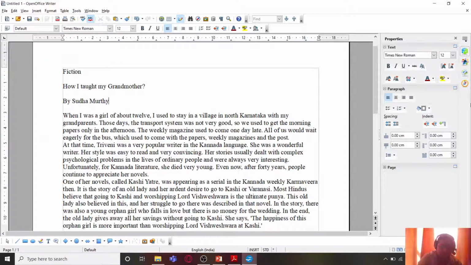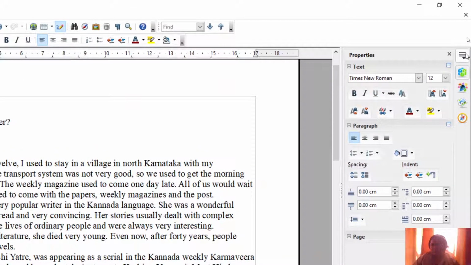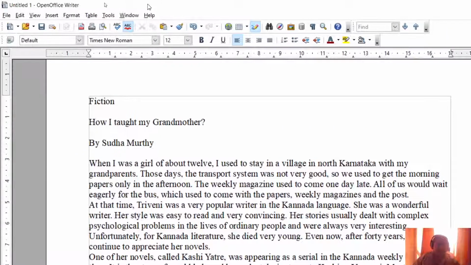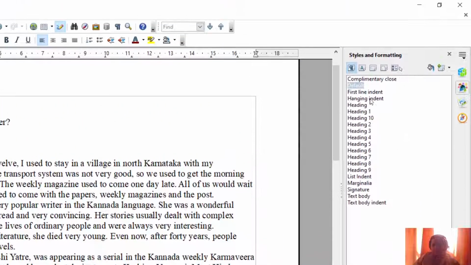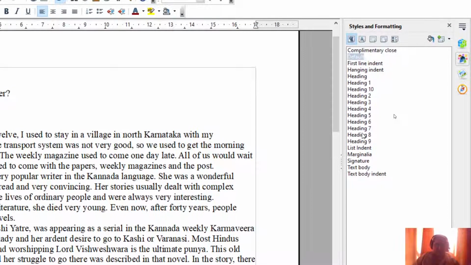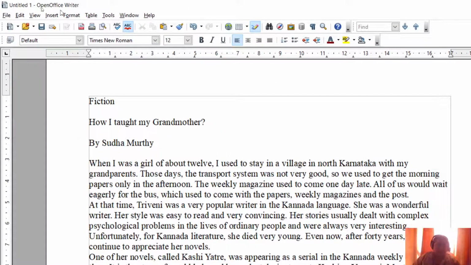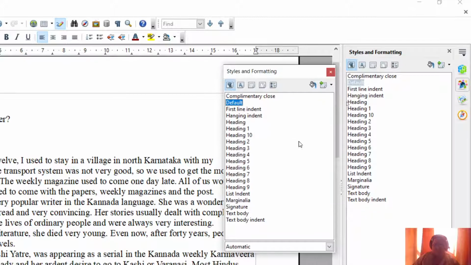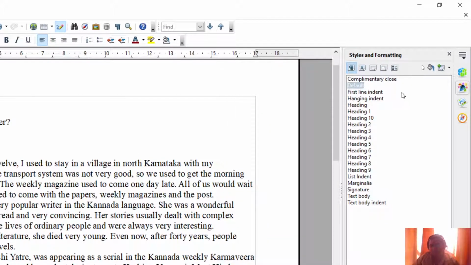Now in this software, you find the deck over here, the right hand side deck, and within this you find the Styles and Formatting option. So this is the Styles and Formatting deck which opens over here. In LibreOffice, you could see the preview of the various formats here, but in OpenOffice, you cannot see the preview. Also, we don't see any Styles menu here. So we need to go to the Format menu, and from here select Styles and Formatting, which will open this separately. I don't need to open it separately because it is already there over here.